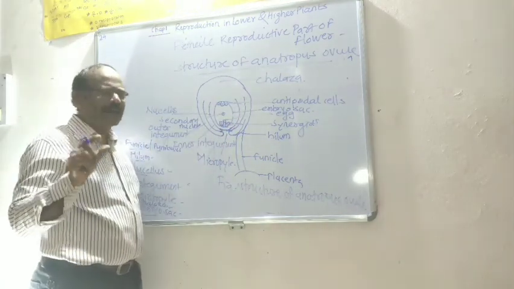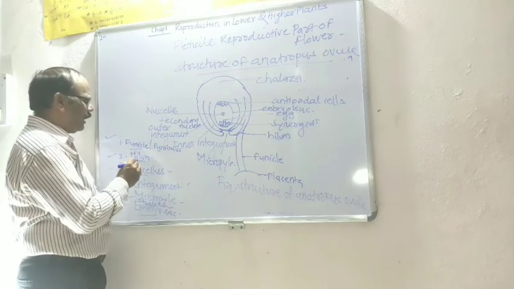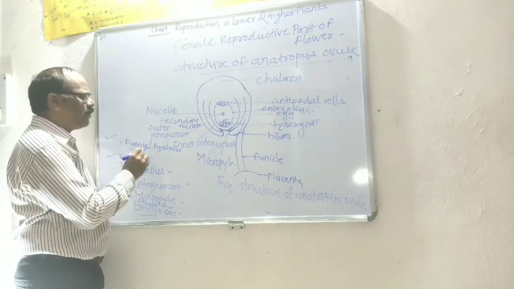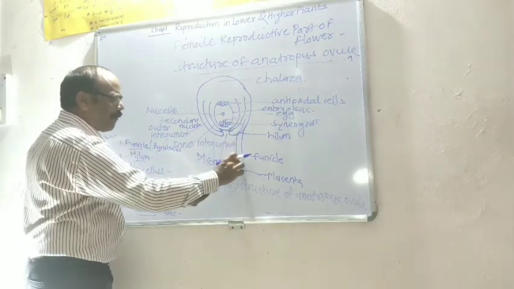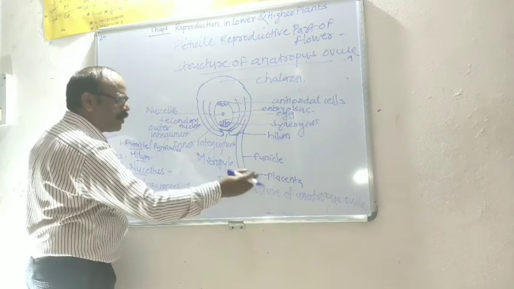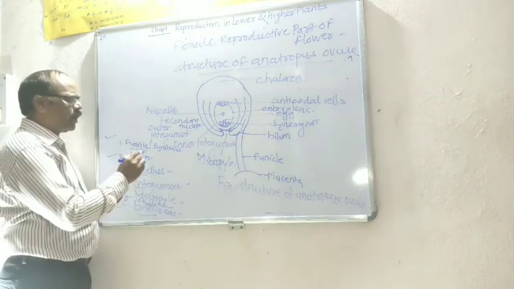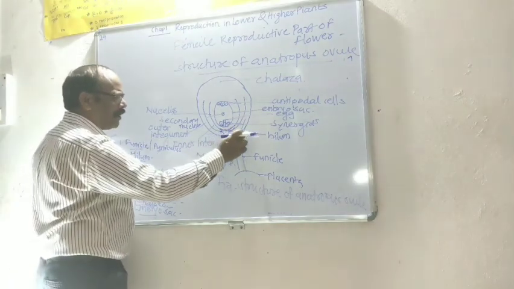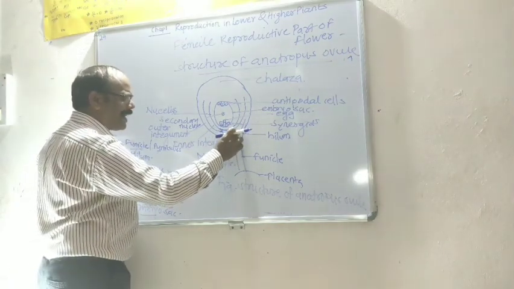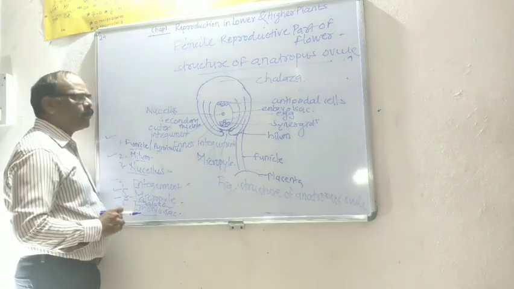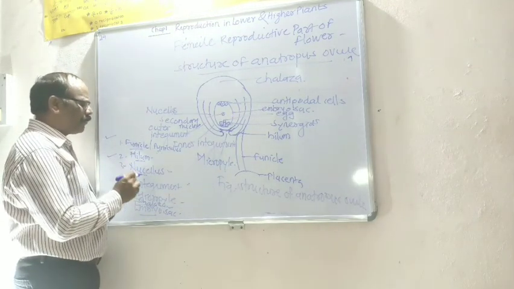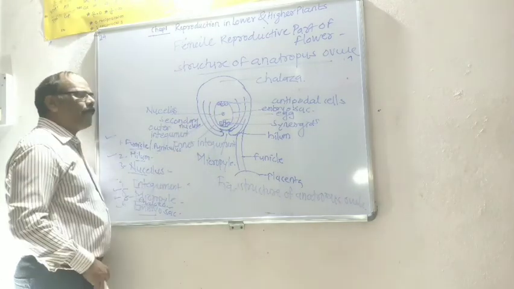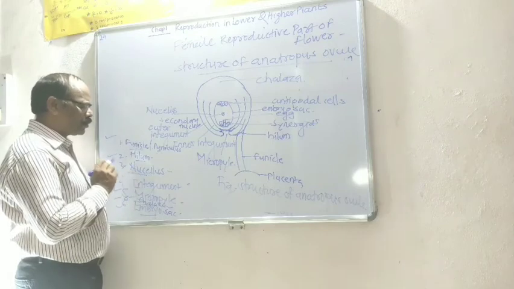The anatropous ovule consists of different parts like funicle, hilum, nucellus, integument, micropyle, chalaza and embryo sac. Funicle is the stalk of the ovule by which it is attached to the placenta of the ovary, also called funiculus. Hilum is the point where the funicle is attached to the main body of the ovule. Nucellus is the central core of the ovule, which consists of parenchymatous tissue.